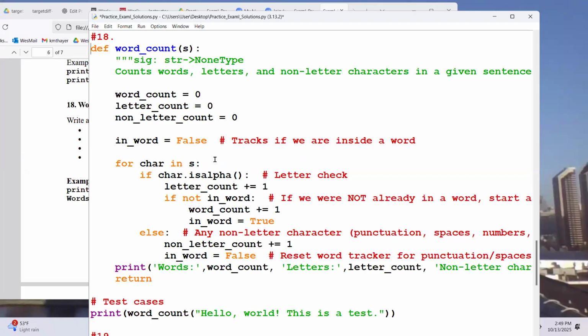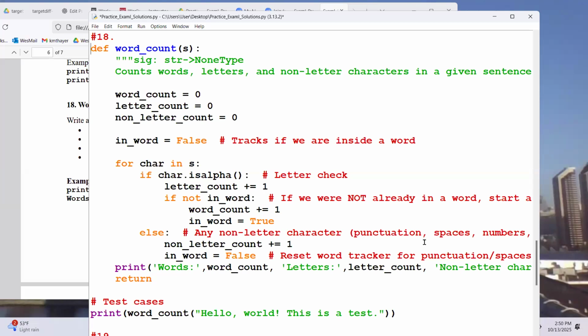So here we're going to cycle over for character in string. We do not need any information about the position in the string, so that's why I chose this. Keep in mind that the character is actually the character, it's not a position. So if the character is alphabetic, then we could add 1 to the count. Here we're checking whether or not we're in a word, so this works like a little toggle. If we were not already in a word, then we would start to be in one. So now we're going to add word count plus equals 1, and now we've flipped this switch for in_word from false to true. So this is how we're going to tell, and we're going to